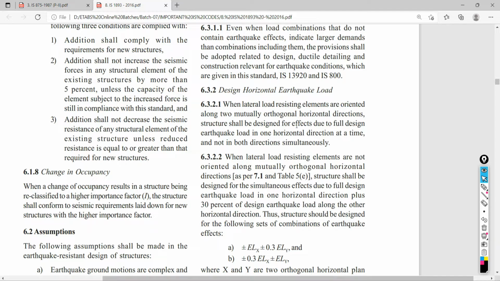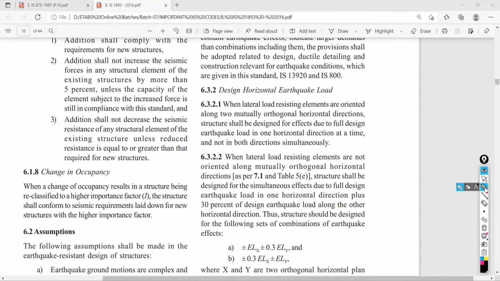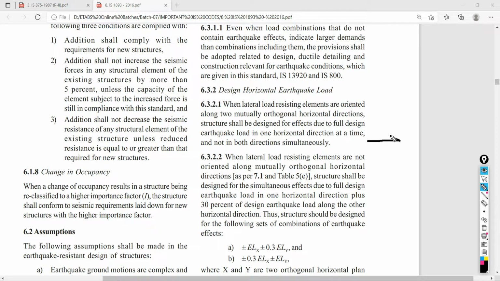But if your building is non-orthogonal, in addition to the considered direction of loading, suppose I would like to calculate the load in x direction.